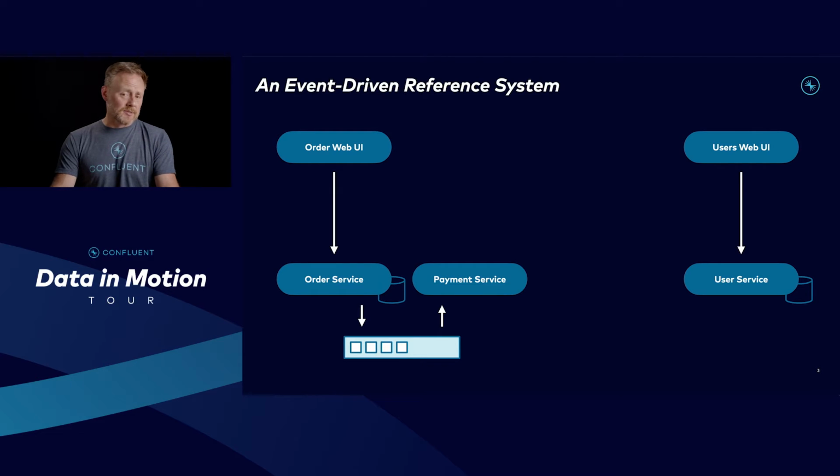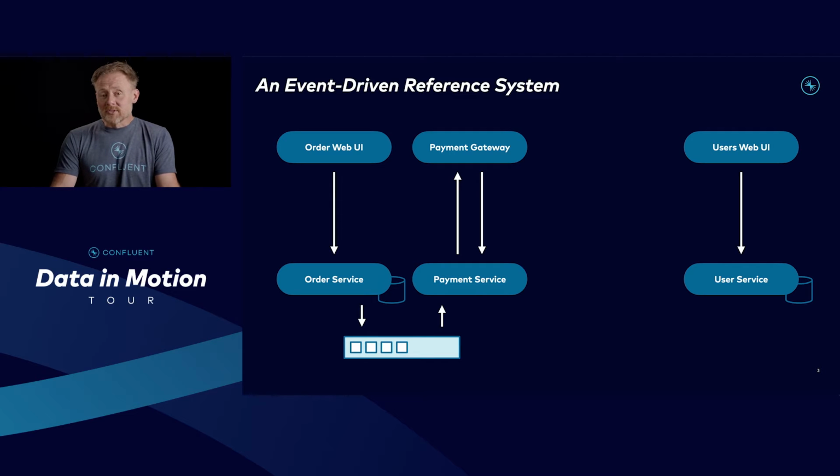And the payment service is certainly keenly interested in those. So it consumes from that topic and it says, okay, I've got a new validated order. Let me settle that. Let me go get that order paid. And so what does it do? Well, it talks to some external payment gateway. That's probably a synchronous interface, right? A lot of those are. And so it makes a call and it gets an answer back. It says, okay, this is, maybe a second later or something,